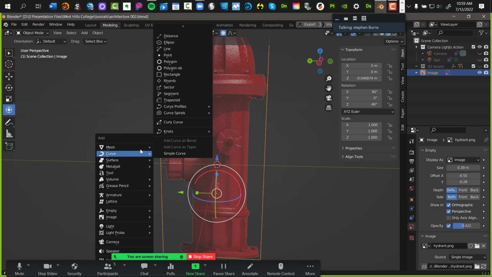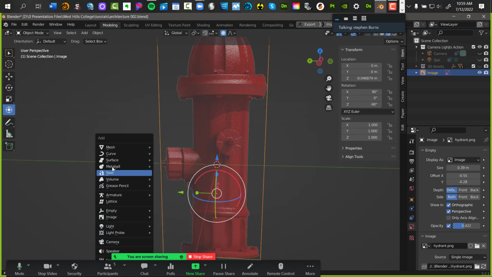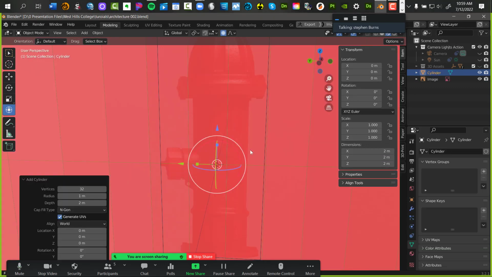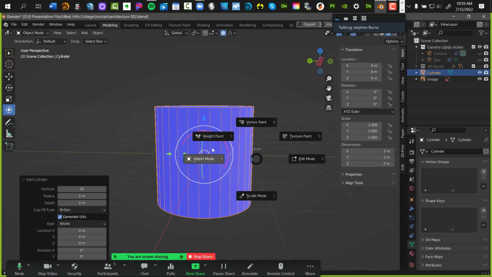Shift A is my shortcut. You can see the variety of 3D options I have here. The one that we're interested in is called Mesh. And under Mesh, you have a variety of primitives. A plane, a cube, a circle, a sphere. There's my cylinder. Click that cylinder. And what you're seeing is it went really big, right?